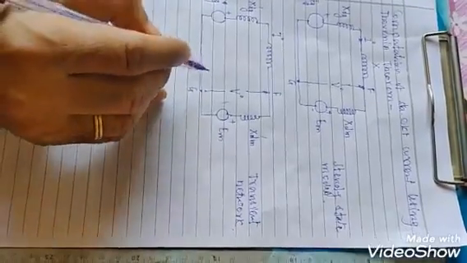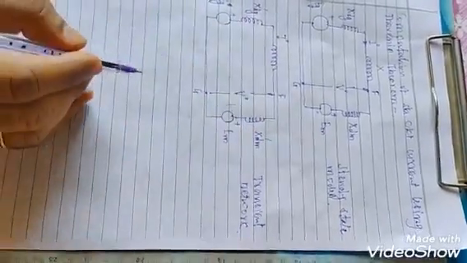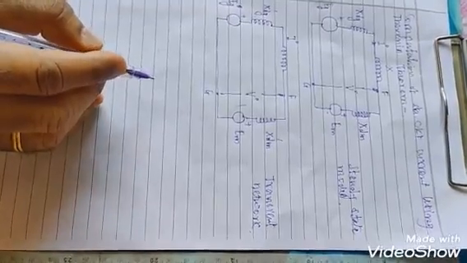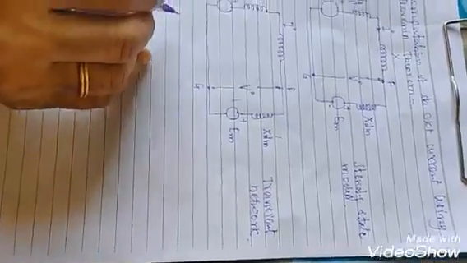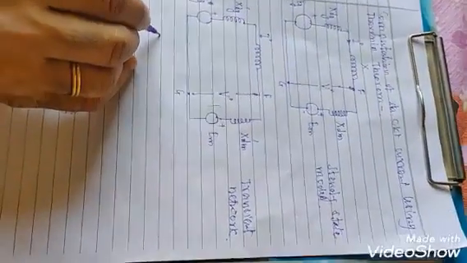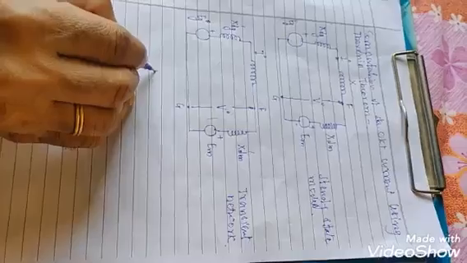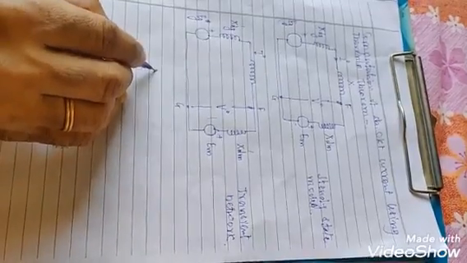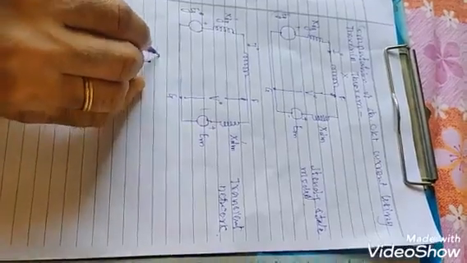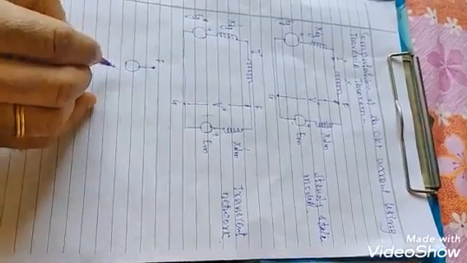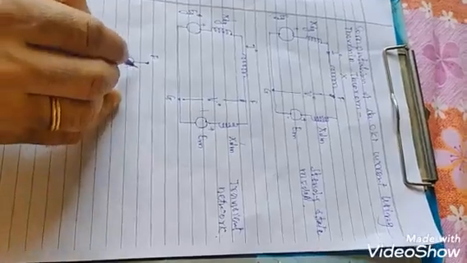Now applying Thevenin's theorem to this model, plotting the Thevenin equivalent circuit, this is point F, source